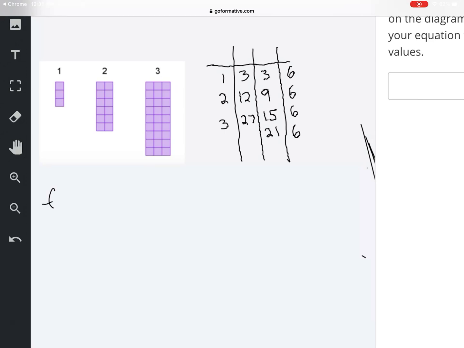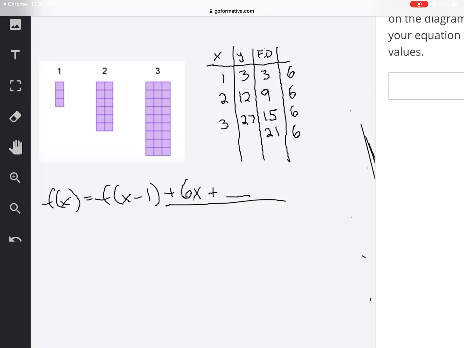So my recursive equation is f of x is equal to f of x minus 1 plus the linear equation of the first difference column. Same thing over and over again. So what's the rate of change in the first difference column? It's not 2 this time. It's finally something different. It's going up 6 each time. It's going 3, 9, 15, 21. So this is going to be 6x